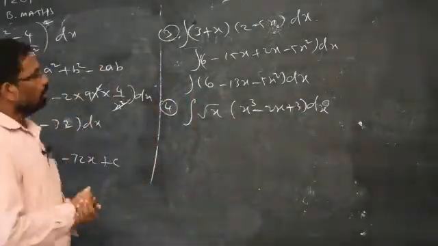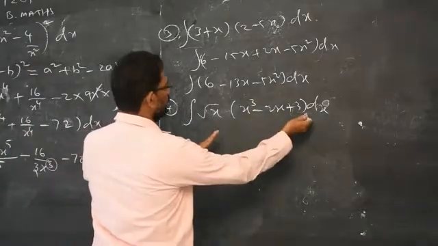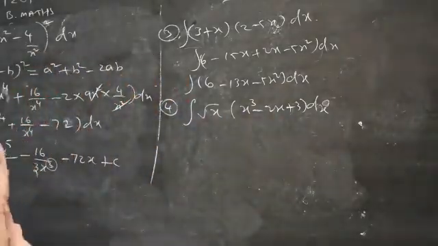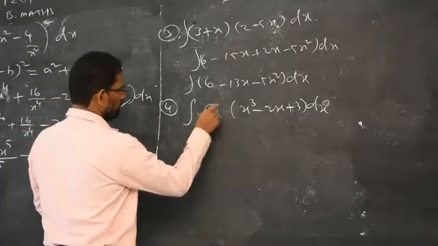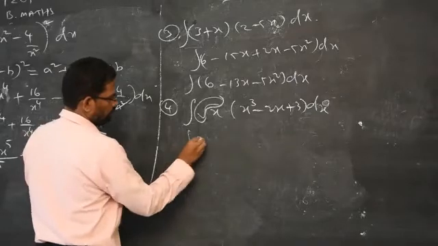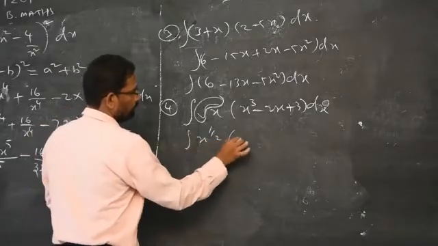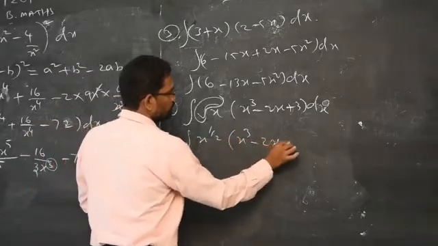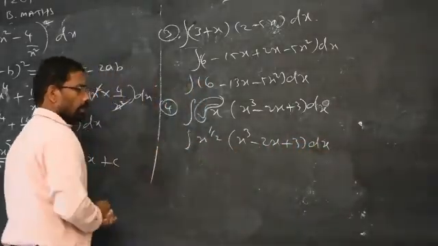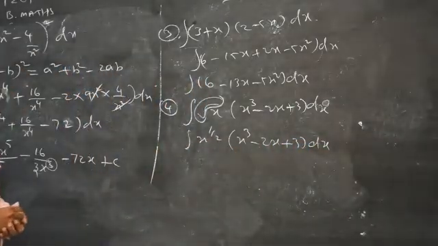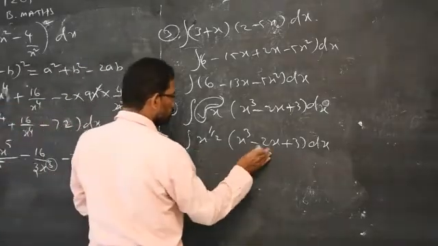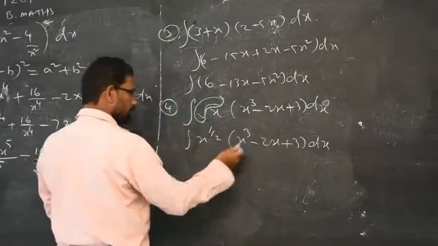So what is the rule? Automatically you have to multiply and bring it into term wise form, either in terms of plus or minus. Then you have to integrate. What is the value for square root? x power 1 by 2. So x power 1 by 2 into (x power 3 minus 2x plus 3) dx. It is under factor, you cannot integrate, so you have to decompose it in terms of plus or minus, so you multiply inside.